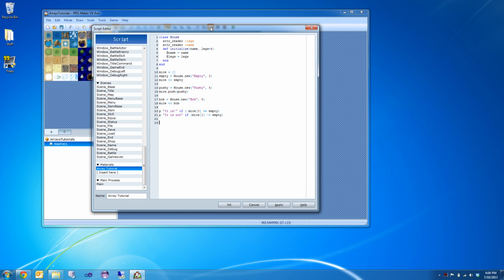Okay, so maybe what we want is a list of all the mice that have more than 4 legs, or I'm sorry, equal to 4 or greater legs. So what we can do is say mice.select, and then you do an open curly bracket, and then you go ahead and